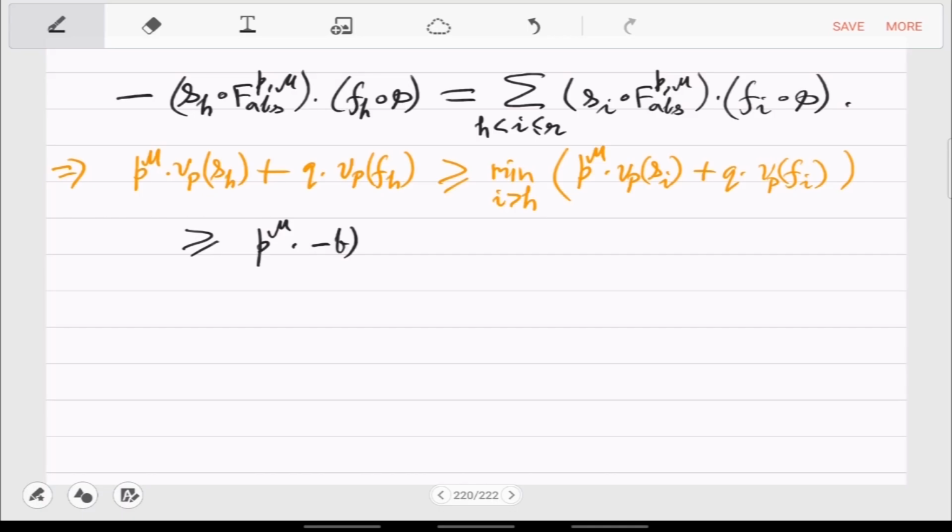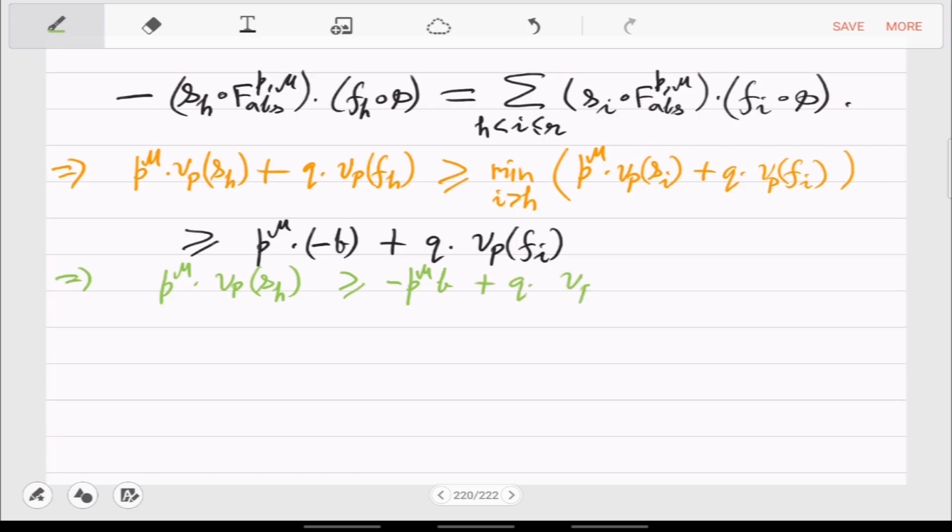So it's at least minus B. And which implies that P raised to mu VPSH is at least minus P raised to mu B plus Q times